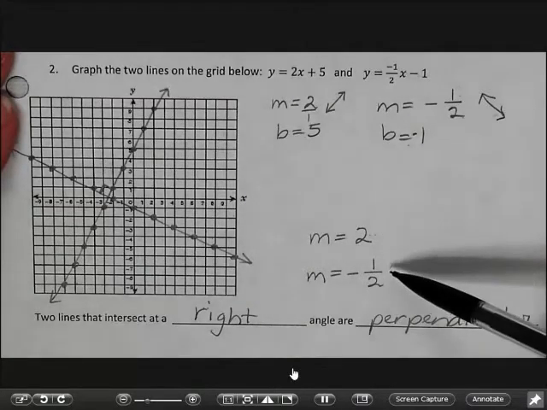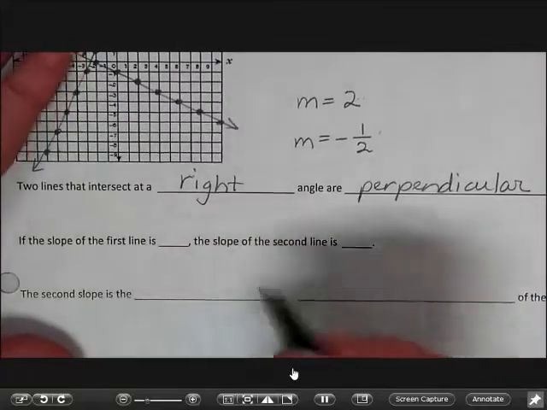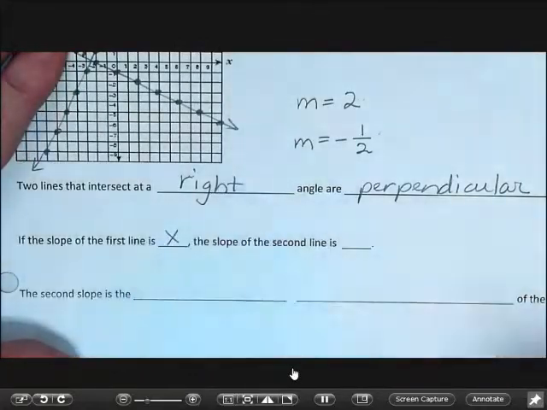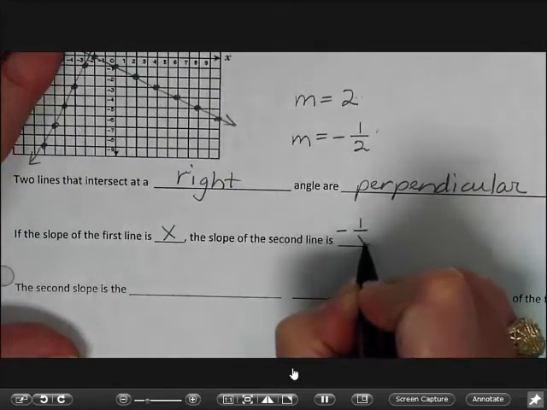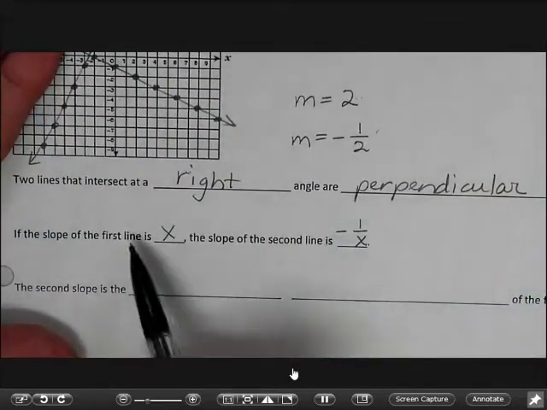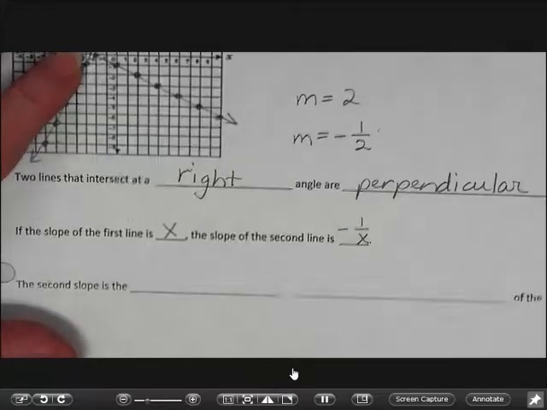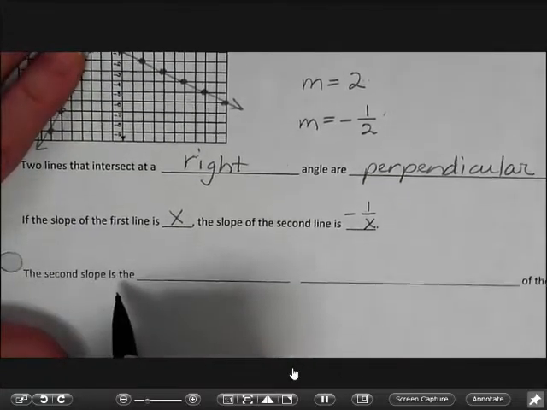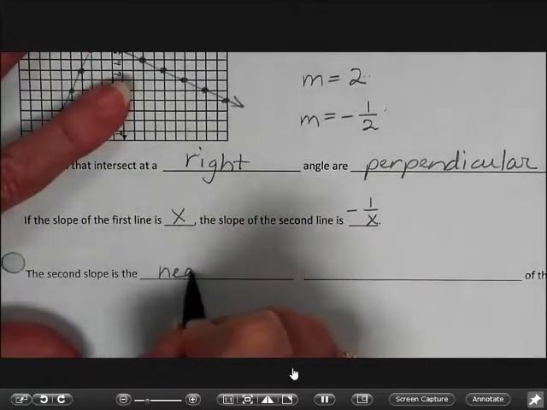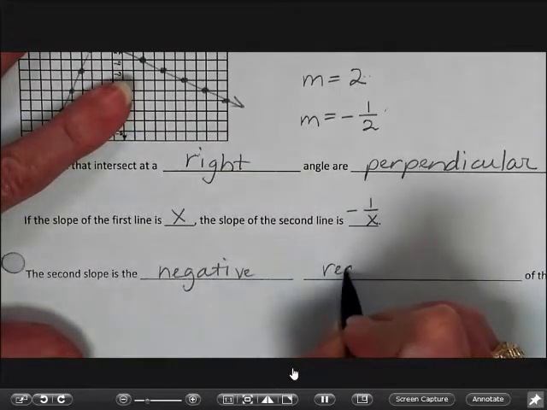What else changed from here to here? The sign changed, right? So what we're going to say is if the slope of the first line is x, the slope of the second line is going to be negative 1 over x. So notice what's happening is the sign is changing and we're taking the reciprocal of whatever our first number was. So the second slope is the negative reciprocal